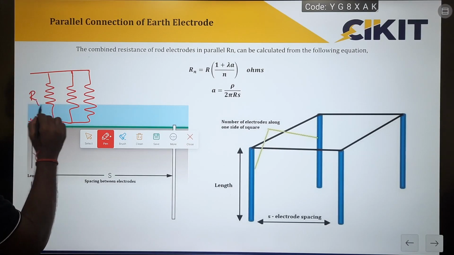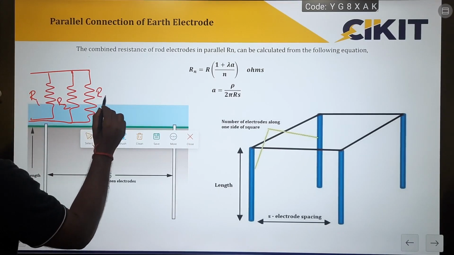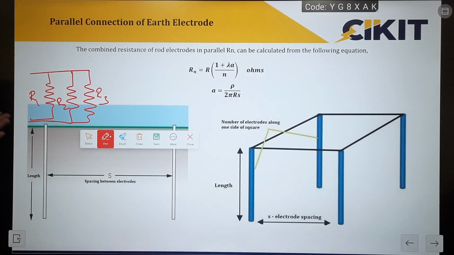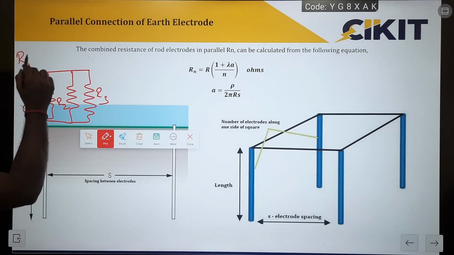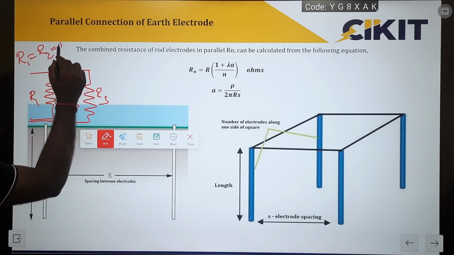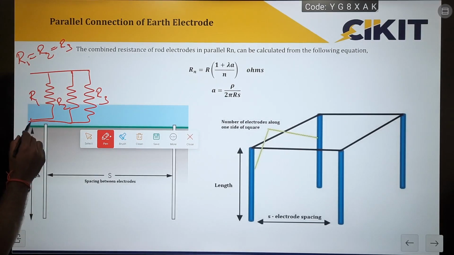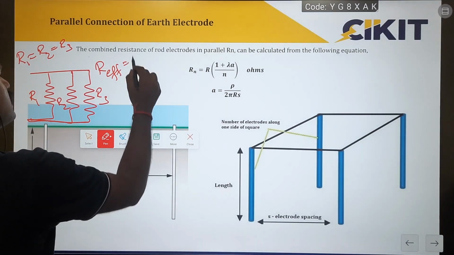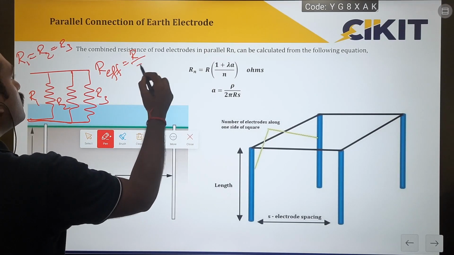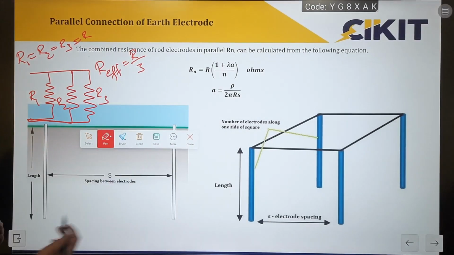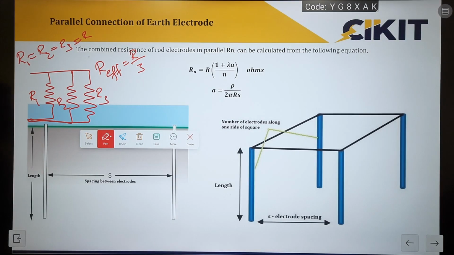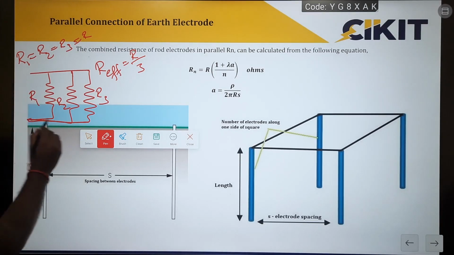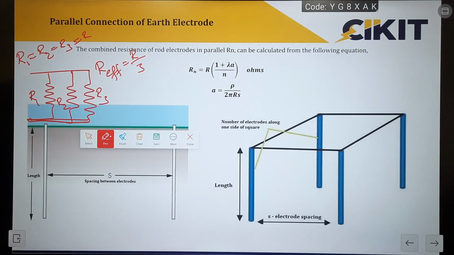So if I consider R1, R2 and R3, if they are equal, then in that case the combined or effective resistance can be calculated by dividing by 3. For R equal to R, the effective value will definitely be R by 3. But we cannot use the same approach for earthing, because here all the resistors which we are mentioning are ohmic